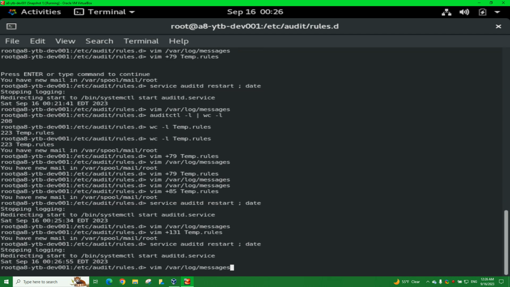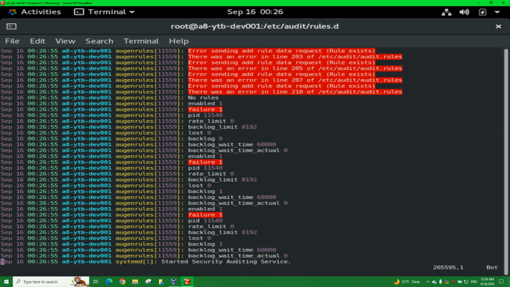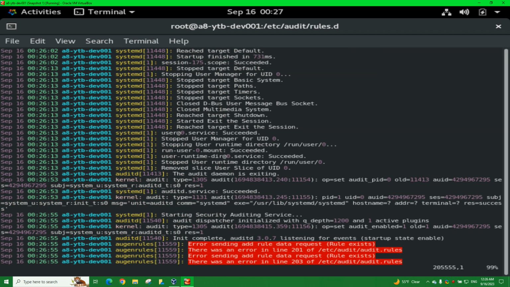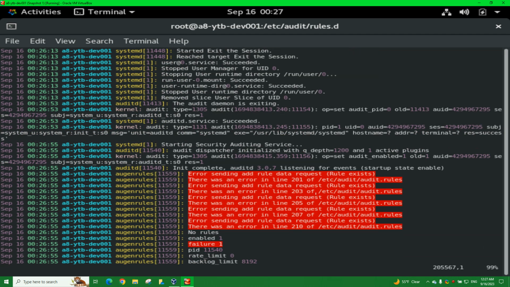Do a vim on var log messages. Shift to the bottom. Back. We've got to look at lines 201, 203, 205. So we'll jump to 201. We'll find out that lines 200 and 199 have an issue. We'll delete one of those. That'll make a 202 line number. And then a line at 2